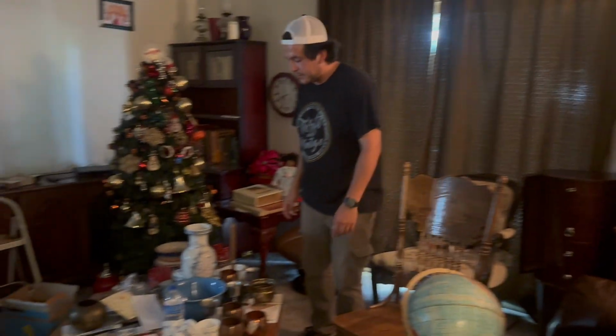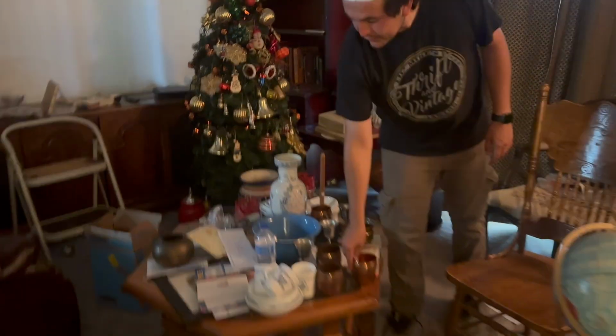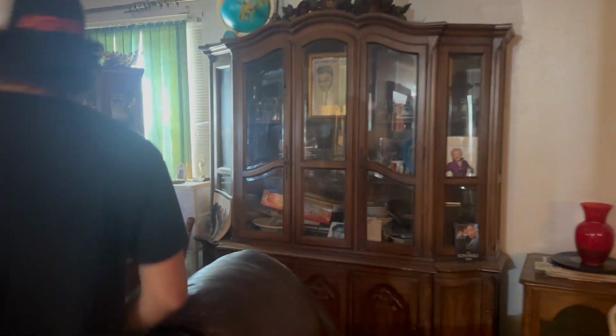And then, a globe, knocked the world over. Some cool little copper mugs. These are cool. And then there's an old butter churner. There's some cool pieces that are kind of scattered throughout this house, but there's also a really nice china cabinet here, which I'm trying, I don't know where the lights are at here, but